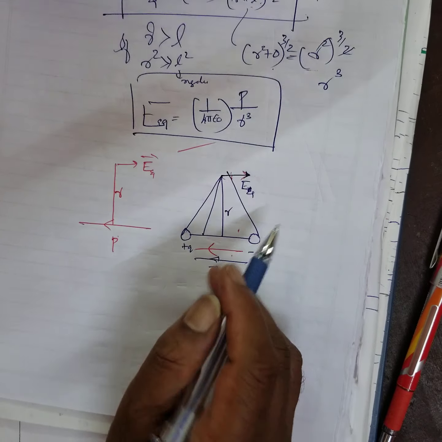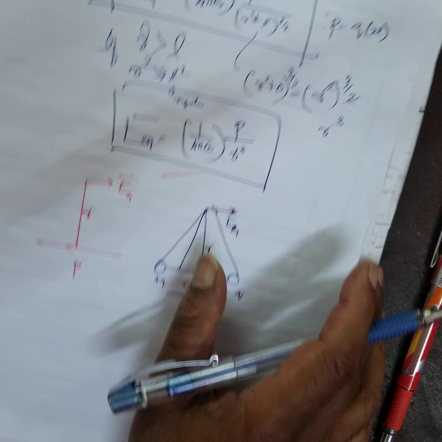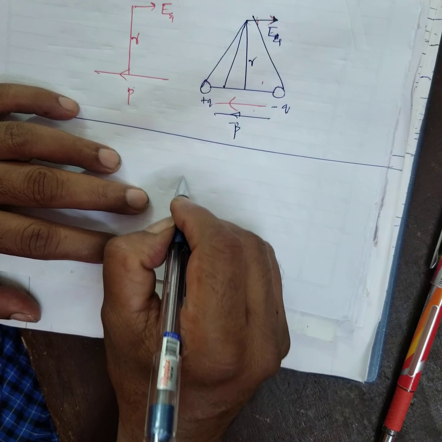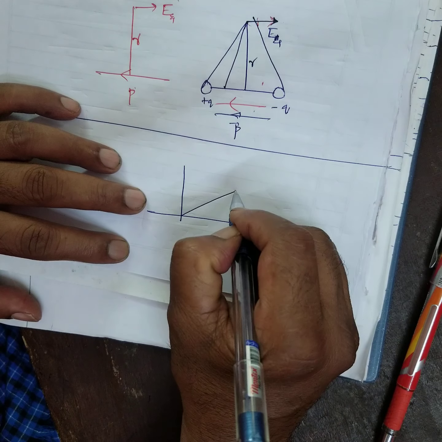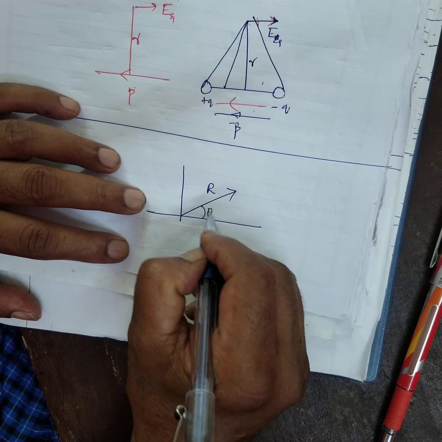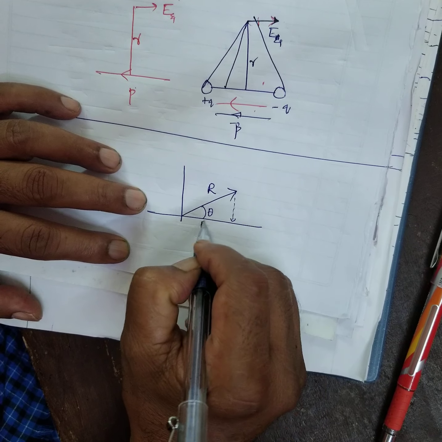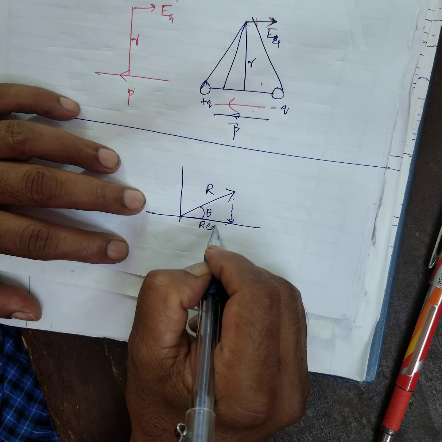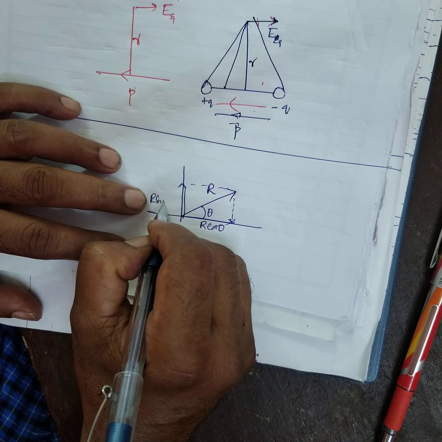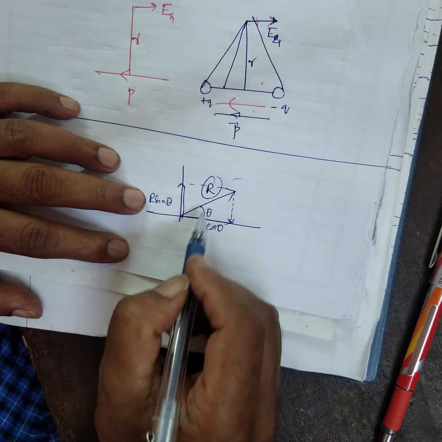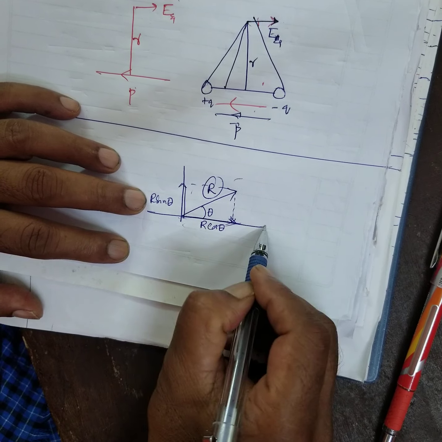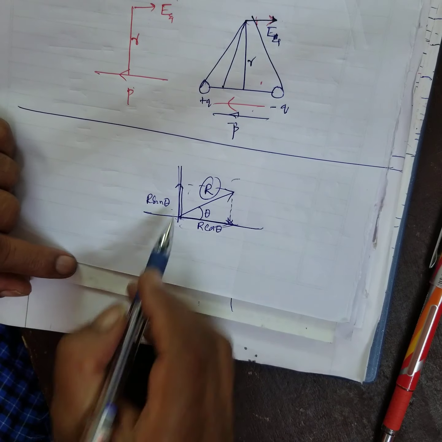Sometimes some textbooks use the cos function and all that. If they ask how to do that: any component, suppose R is a resultant and theta is an angle, this portion is R cos theta. This much portion is R sin theta. A resultant force can be split into two components, one in the horizontal direction, another in the vertical direction. R cos theta.